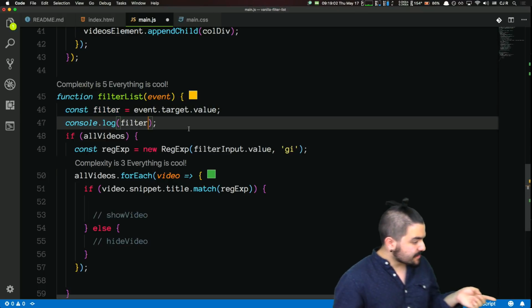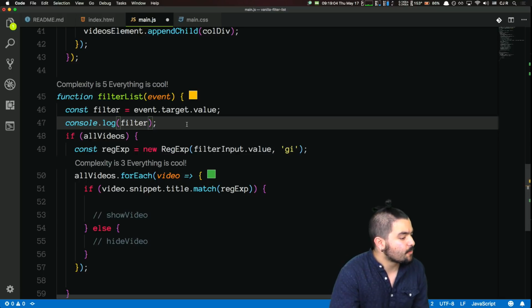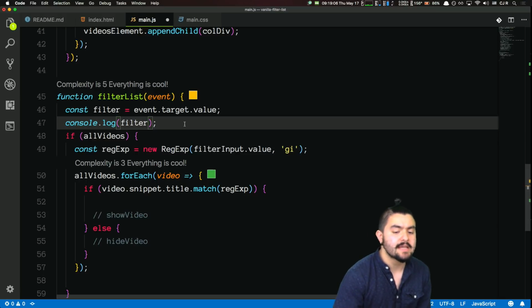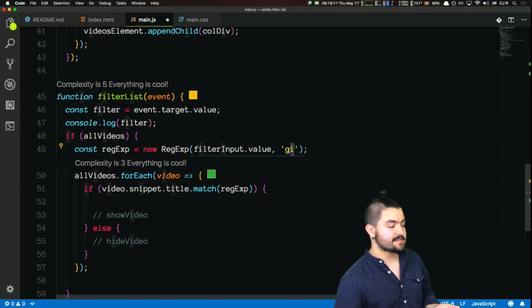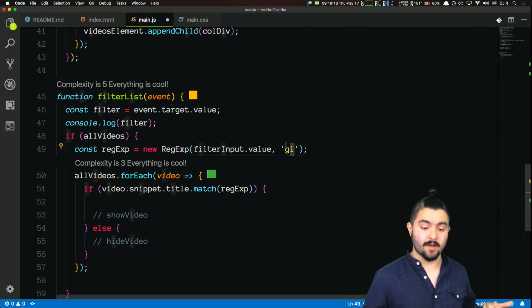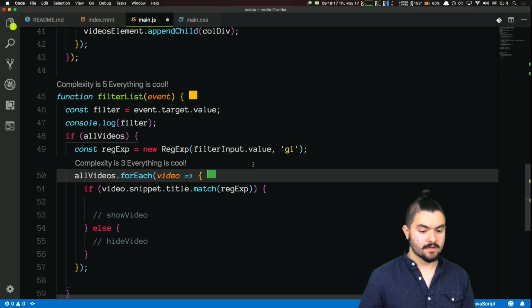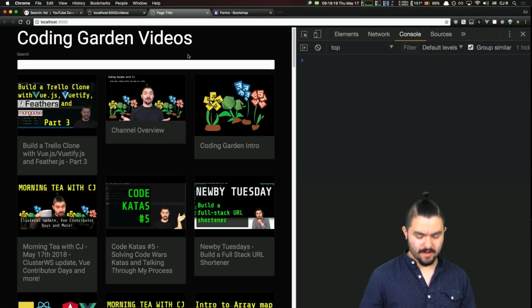Cool. And something else in the chat, Sai is mentioning why not use includes instead of regex. The main thing is I want it to be case insensitive. So if they type a lowercase letter, I still want to match against an uppercase letter. I don't think includes does that. Includes does that. Okay, let's see. And you might be right, Bob, because if I do,